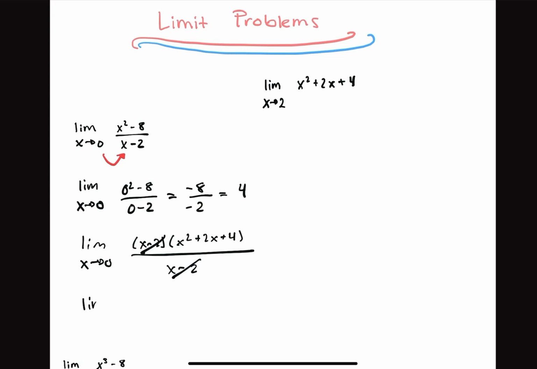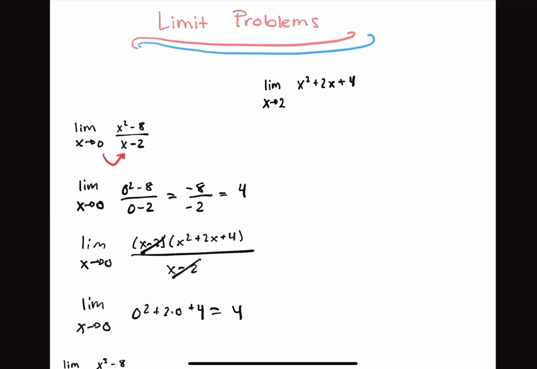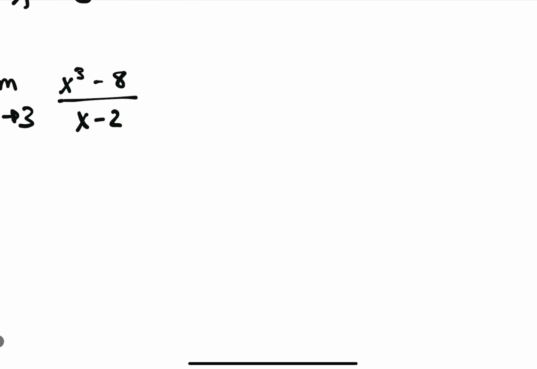So then we would have the limit as x is approaching 0 of 0 squared plus 2 times 0 plus 4, which is also equal to 4. So as you can see, if you did go about the longer method for this problem, you do end up with the same exact answer. The answer for this problem ends up being 4, but the direct substitution method was a lot quicker. And now let's try out this problem down here. So again, looking at this problem,